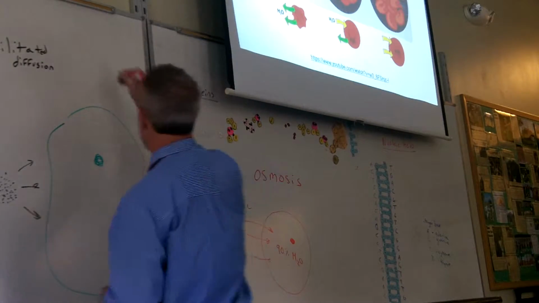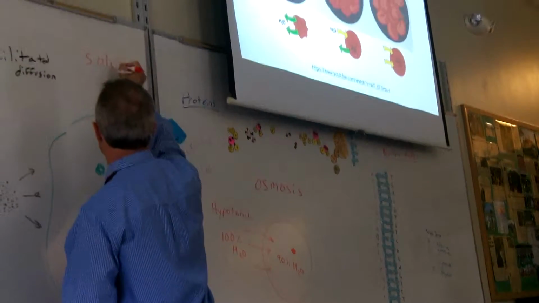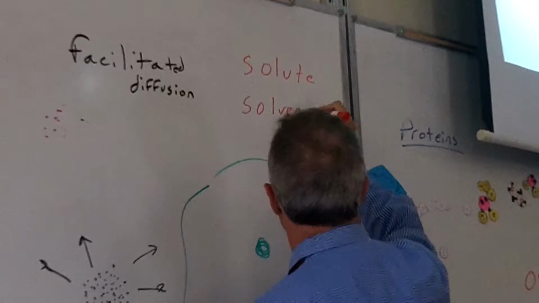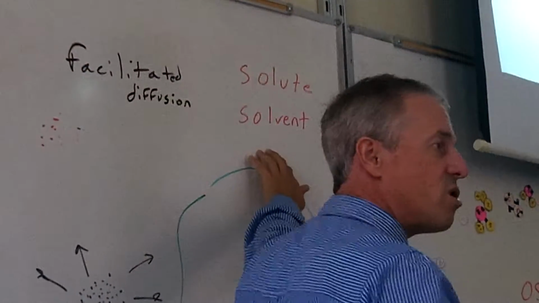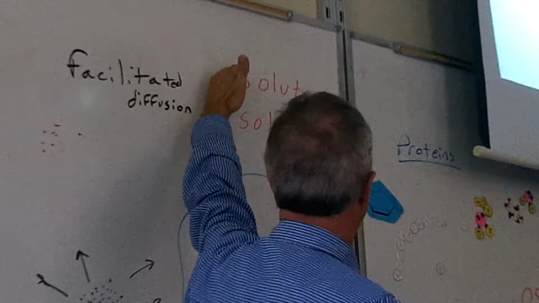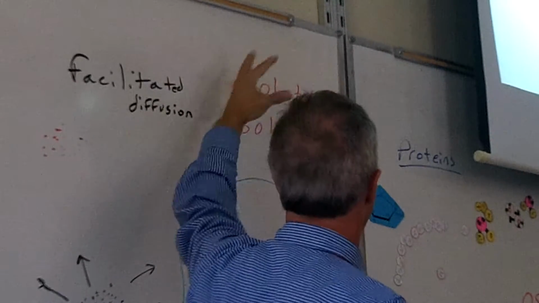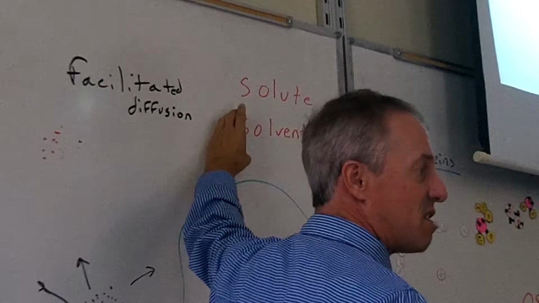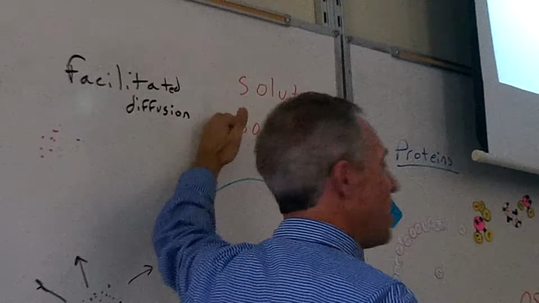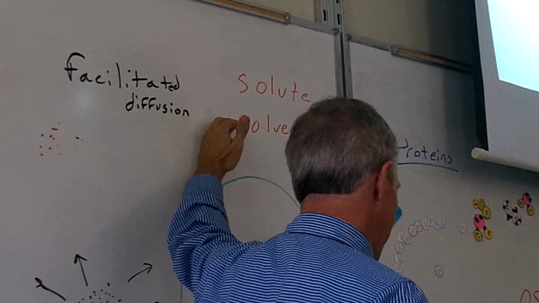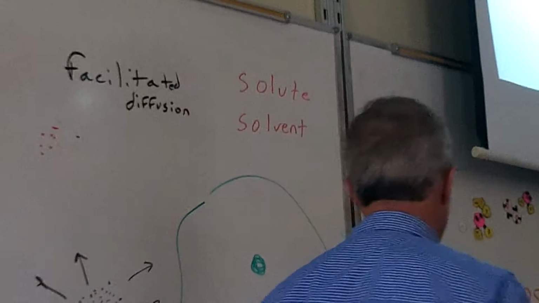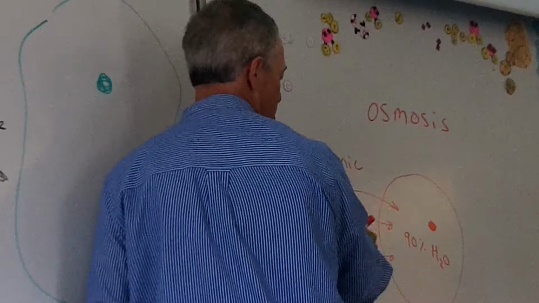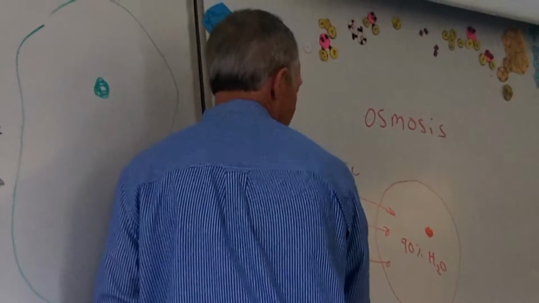Do y'all know these words? You should have learned these in middle school. Solute and solvent. Do y'all know these words? Yeah. Solute is the amount of sugar or salt or something that's dissolved, and solvent is the thing that does the dissolving. Usually the solvent is water. So when we talk about a solution, we usually don't put down the percentage water. What we put down is the